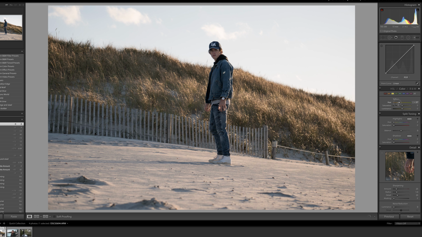And I'm just going to bring it all the way to the left here, and that's going to get rid of that greenish tint in this grass and make it a lot redder. Maybe I can boost some saturation into it too and get that really golden look. Yeah, I kind of like that. I'm going to give it a little bit of saturation, maybe 8, because I'm going to do some other adjustments